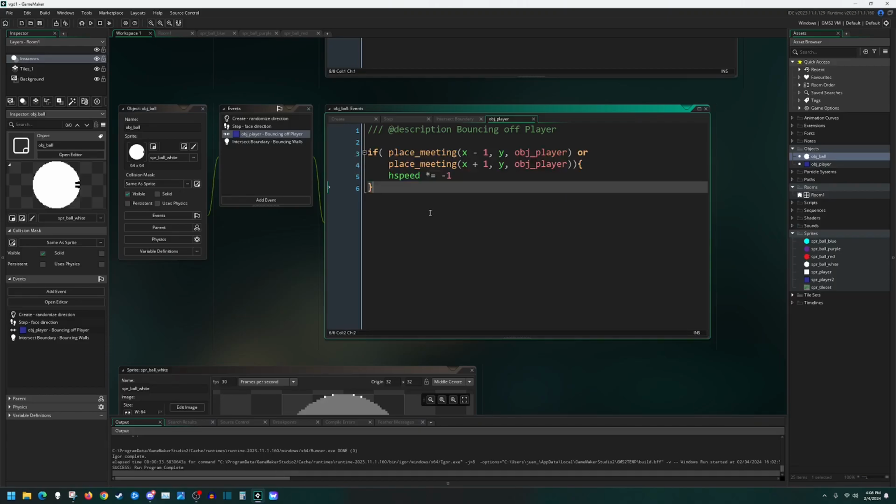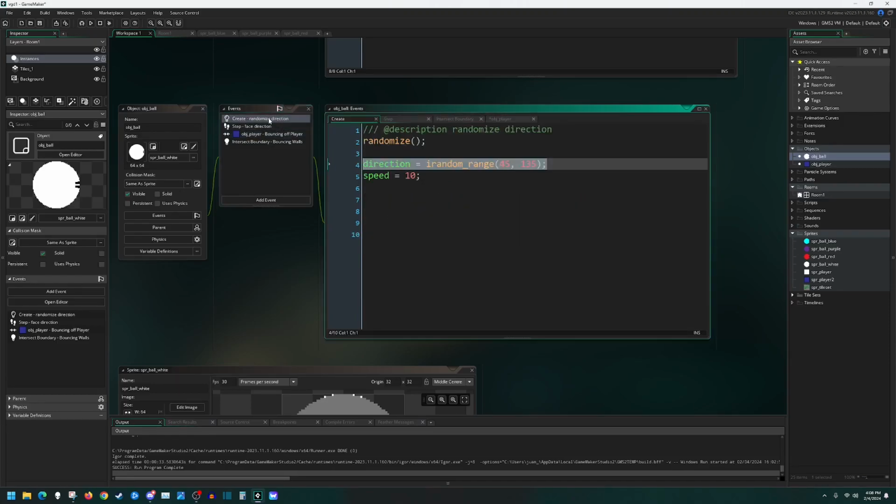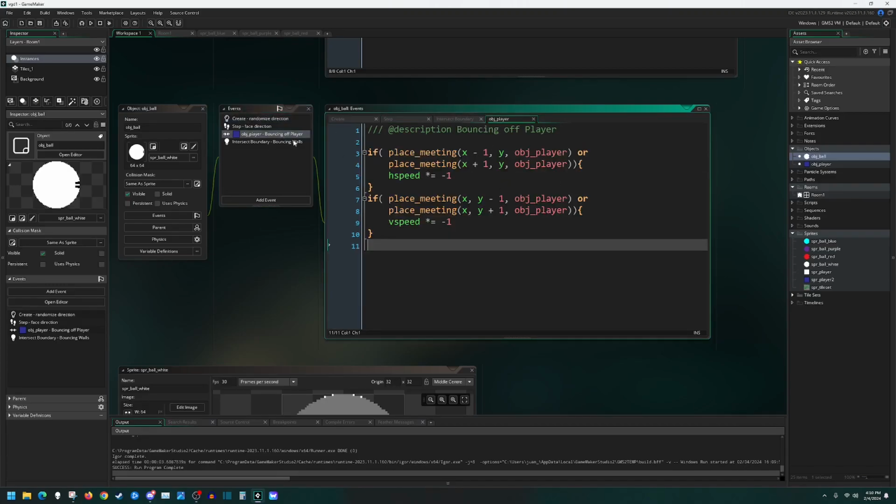We're actually going to copy and paste this and slightly shift it. Rather than doing x minus 1, we're going to do y minus 1. Rather than x plus 1, we're going to do y plus 1. And I'm going to modify this to do vertical speed. Then last but not least, I'm going to follow the same thing that we did in our create event. Once we've got that, we can go into our obj_player collision and modify this so that our direction